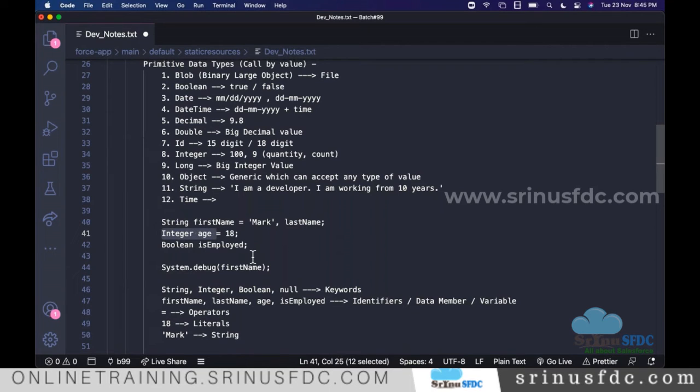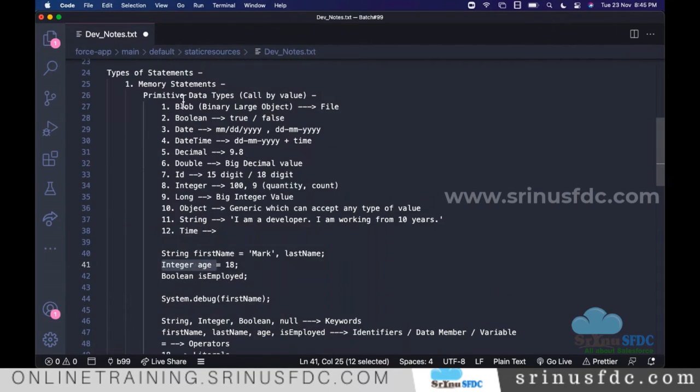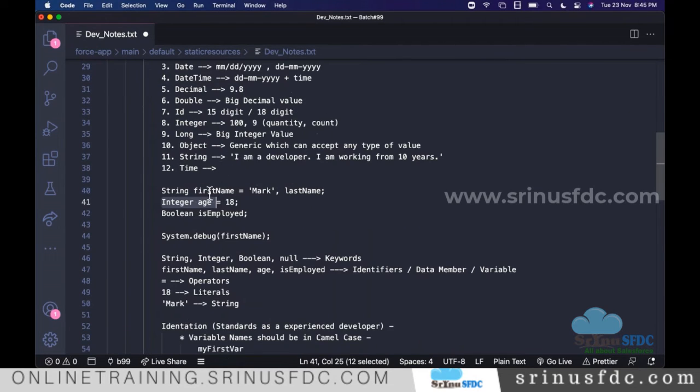Call by value means that with any one of these primitive data types, when you define a variable, the system allocates some memory. When we assign some value into that, the value is stored directly in the memory the system allocated. That is called by value.